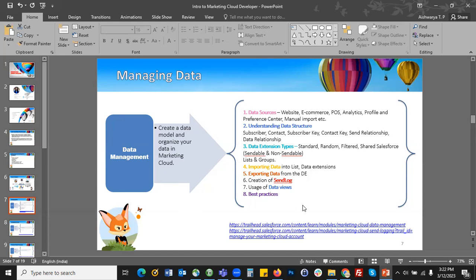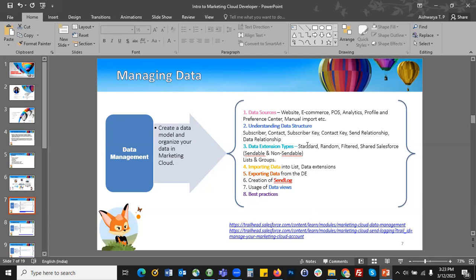And also at the end, I have some more resources, which is in general. This is official documentation from Salesforce, which I have added in the same slide itself. So being said that, let's focus on data management now.